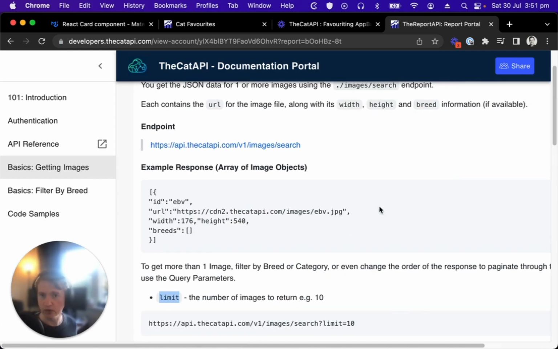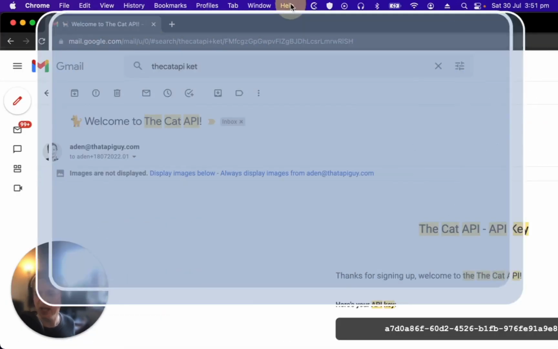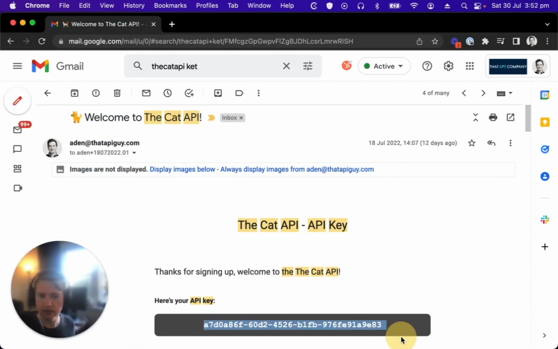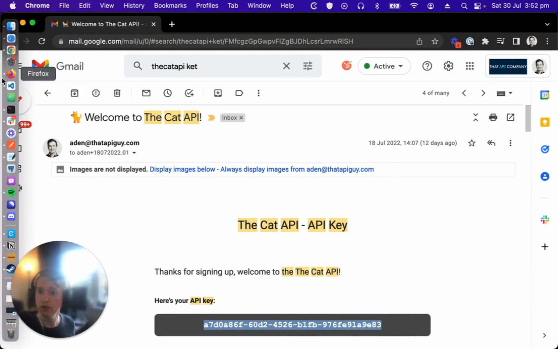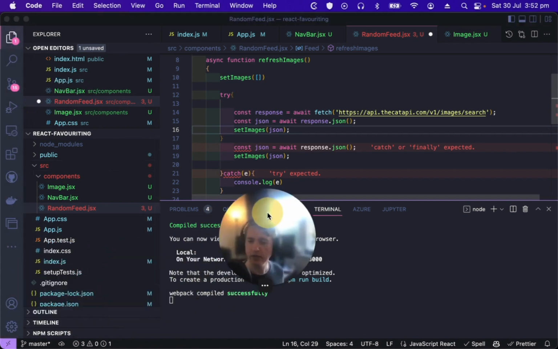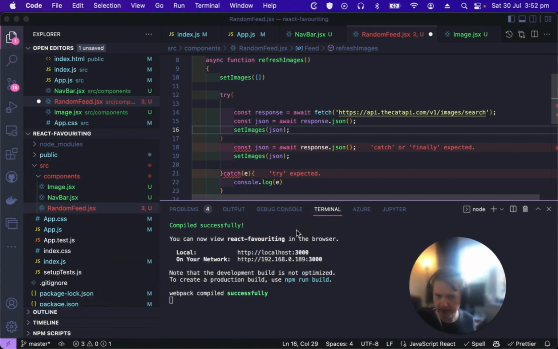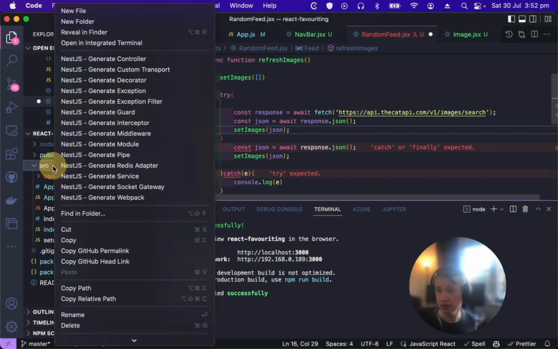So I've actually gone ahead and registered for a test key for this tutorial, which I'll cancel after this. So don't bother copying this one because it'll be deactivated, but just copy your own. And we're going to take that to our code. Now with API keys, you want to protect them, right? So we'll look at how to protect them with a server-side proxy later on. In this instance, we're just going to store it as a local environment variable just to make it easier for us to code with. So in the root of my project, I'm going to create a